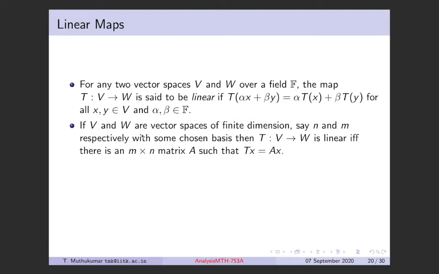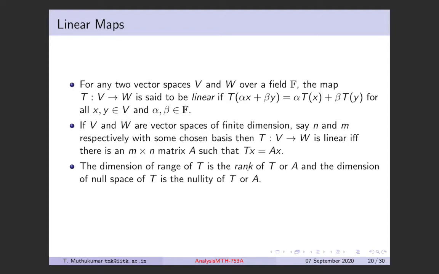The way this is to be understood is that if V and W are finite dimensional, say of dimensions n and m respectively, and there is a specific basis chosen for both V and W, then with respect to that you can have a matrix representation for the linear map T, and this matrix dimension is m cross n. Fine. So there is a one-to-one correspondence between linear maps and matrices,